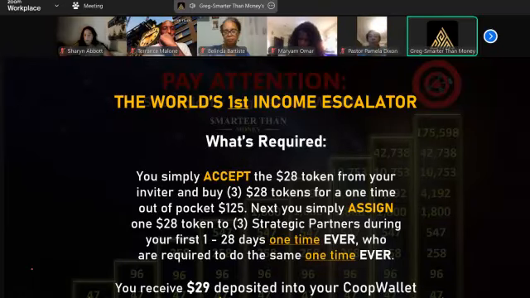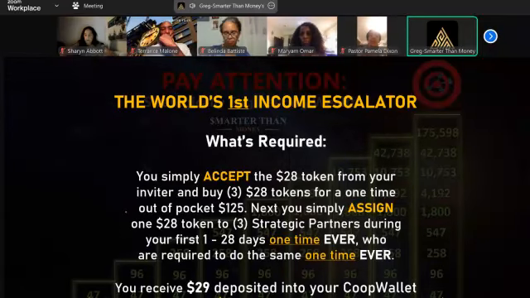You have to get on it by simply accepting the $28 token from the member that invited you here. Think about how simple that is. And that's going to put you on the escalator. And then you're going to turn around and give it forward to 3 friends yourself to put them on the escalator one time. And as this process gets duplicated, your mind is going to be blown by the residual cash flow that you're going to be able to generate from your own bank. So what's required is you simply accept a $20 token from your inviter, and you're going to buy 3 $28 tokens yourself for a one-time out-of-pocket of $125, and that includes block